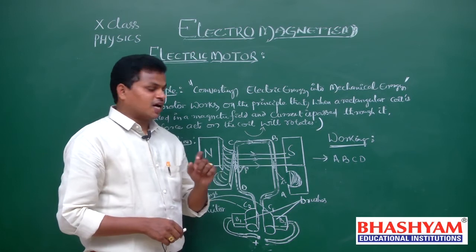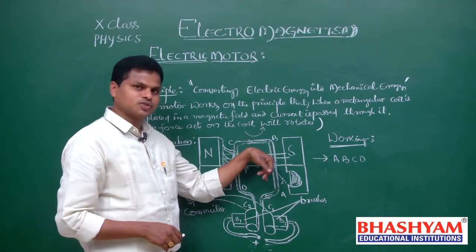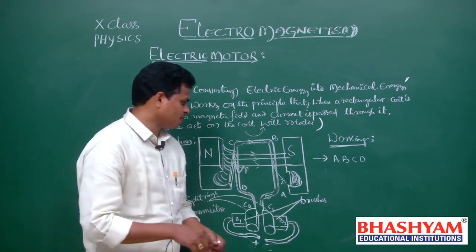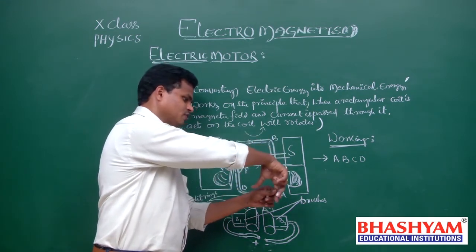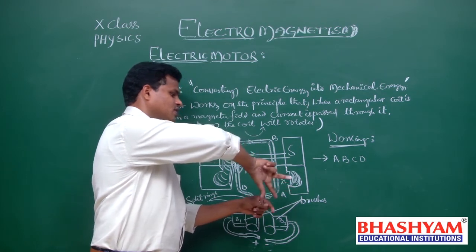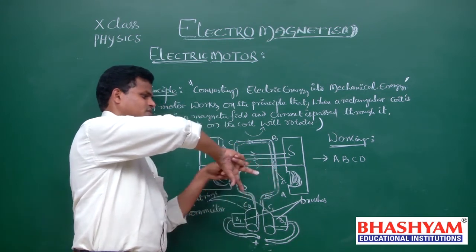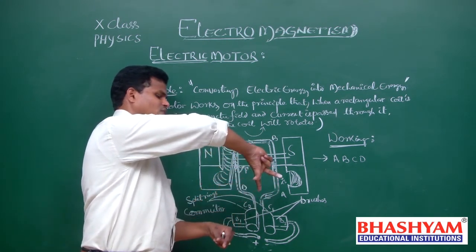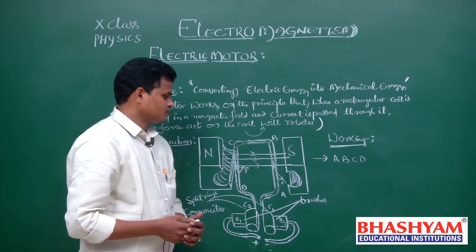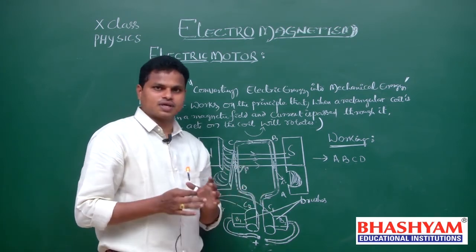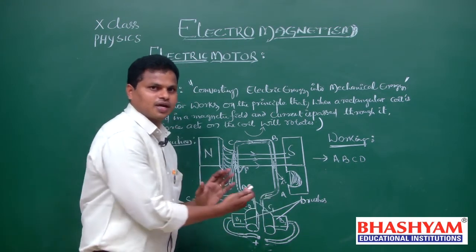In which direction is the magnetic force acting on arm BA? Here the direction of current is downward. Once again apply the right hand rule. The direction of current is downward, the field direction is like this. With the field direction and downward current, the thumb gives the direction of force, which means outward. Here two equal and opposite forces act on both sides of the coil. This force brings the coil into rotation again.